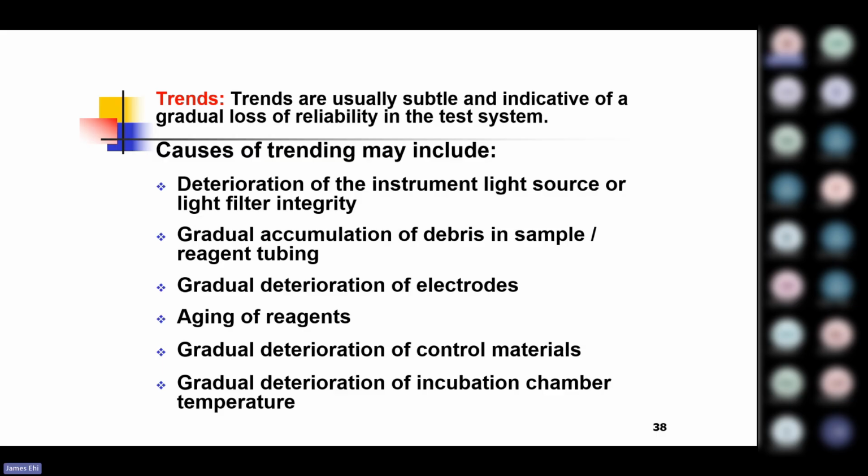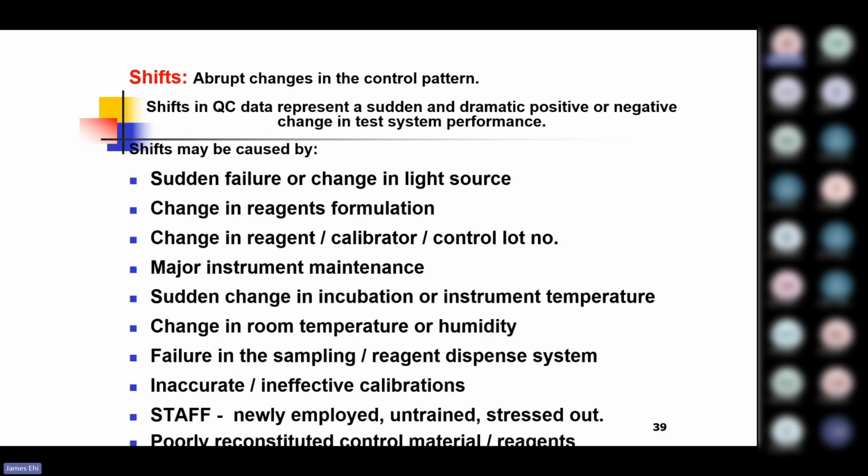Then we also have shifts, which are abrupt changes in control patterns. They were moving in one direction, all of a sudden, it started running at a higher point or at a lower point, and now remained at that point. Shifts in QC data present as a sudden and dramatic positive or negative change in the test system performance, and they